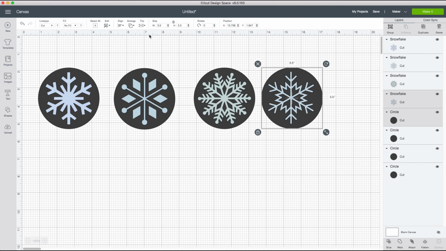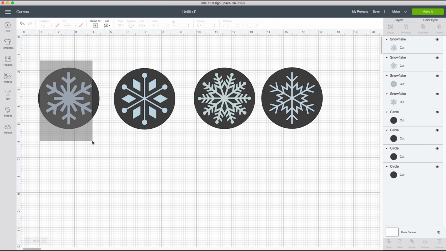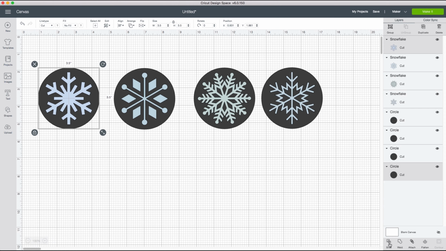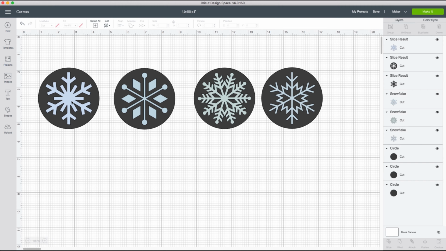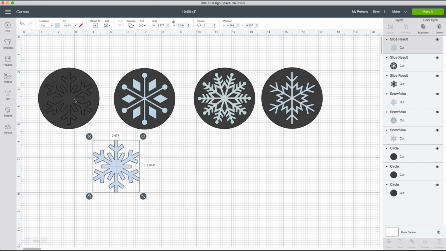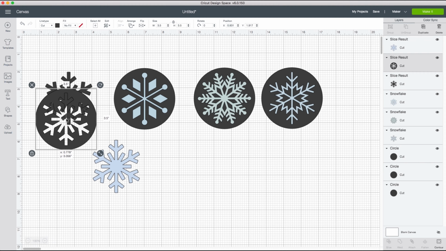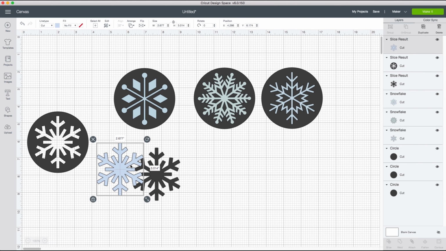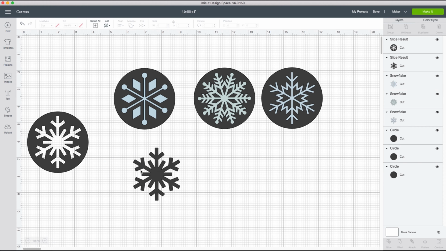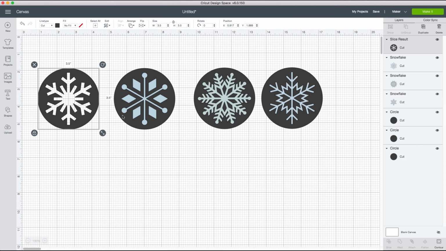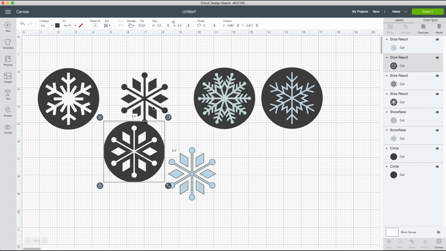Now I apologize because this was previously filmed, but now instead of the slice tool in the bottom right hand corner, we have a combine function, which is actually a lot better. So you're going to select both and use the combine button in the bottom right where that slice tool is, and you'll use the subtract to take out the snowflake from the layer. What that's going to do is take out the snowflake from the back coaster, and that's what I want because I want the white showing through on my coasters. So I just select both of them, and instead of slice, you will just use the combine tool, and then you will hit